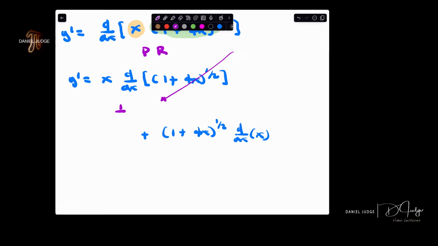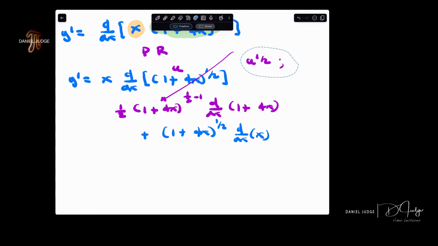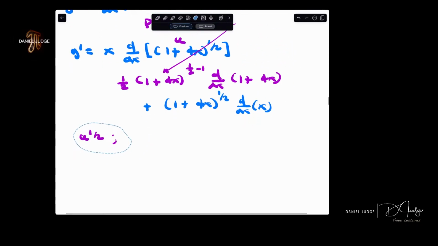So this derivative will be 1/2, (1 plus 4x) to the 1/2 minus 1. I'll put it here, but it's negative 1/2. Now, don't forget the chain. This is where students will forget. So again, this is like your u, and you have u to the 1/2. Okay, so the power rule with chain rule, essentially down here, the derivative will be, well, if I remind you guys,